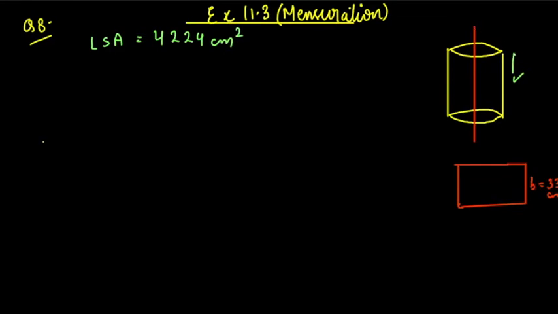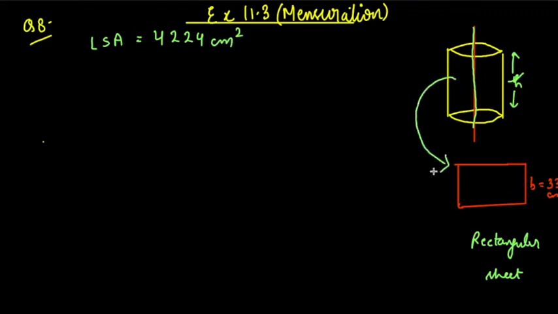It is cut along its height. So this is the height of the cylinder here. And if it is cut from the center along its height, and you open it, what are you going to get? You are going to get a rectangular sheet. So if you have a can, just imagine and cut it. It is very important to visualize the figures in mensuration. So if you have a cold drink can, suppose, and you cut it along its height and open it, you will get a rectangular sheet. And when you do so, the LSA of this cylinder will be equal to the area of the rectangle.